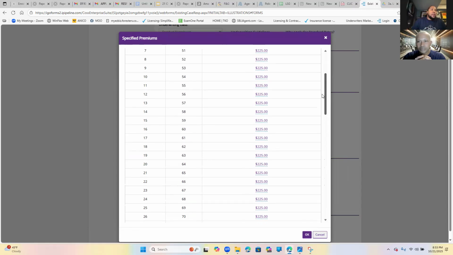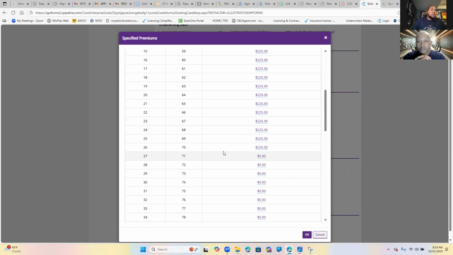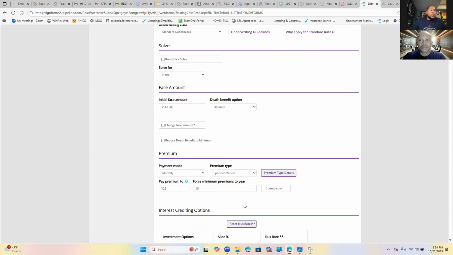It'll change every number. And what I realized, I want to go to age 70, and so I open up 71, and then I'm gonna click that one so you can see it, and I type zero in and hit the check mark. I'll type it in just for giggles. Type zero, and it'll change it, right? Now I'm not gonna go back in because we put some hard work in this, so I don't want to mess it up. All right, so once you do that, that means that they will only pay up to that amount. You hit OK, and then it'll